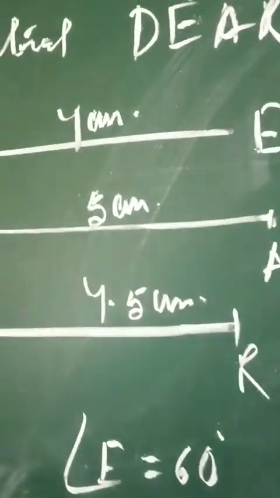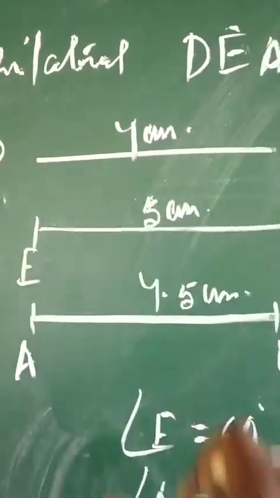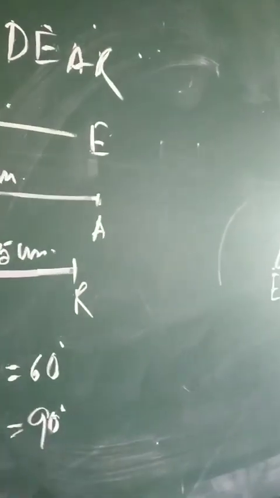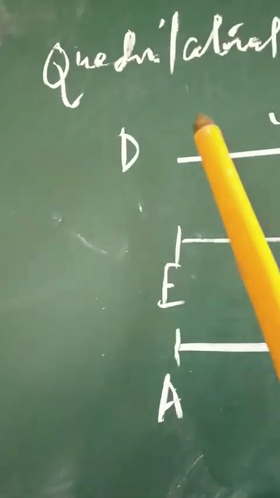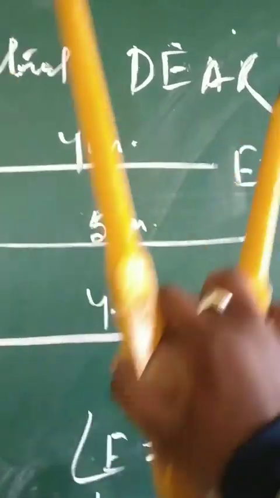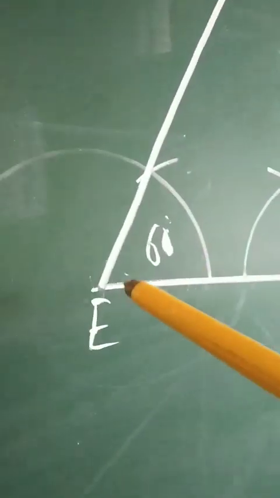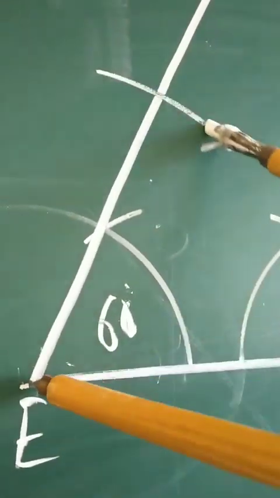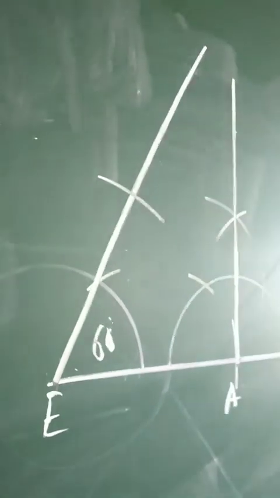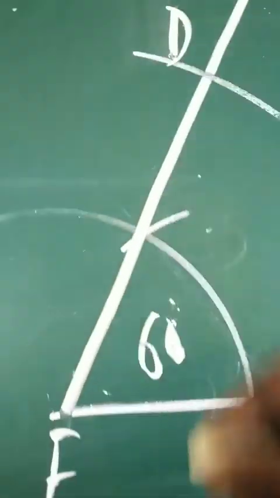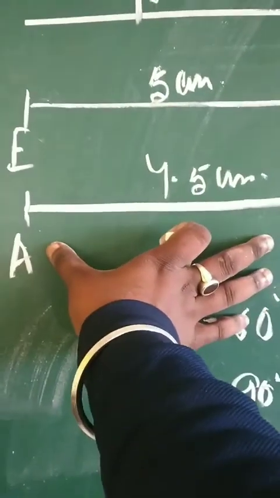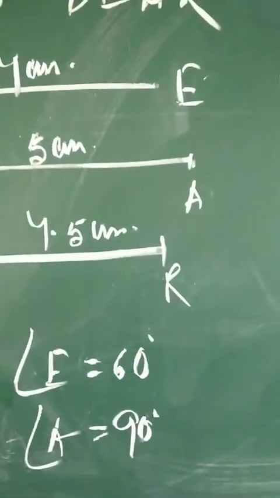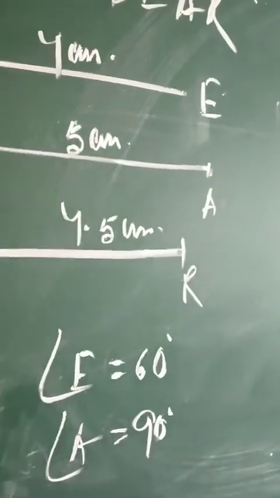Now, here is the measure of DA. Other two vertices are left. So what I can do, I'll measure DE. I'll take the measure of DE, place over here, place at E and give one arc. So this is vertex D. R is left. We can see the measure of AR over here. So AR will be copied once again by the help of compasses.